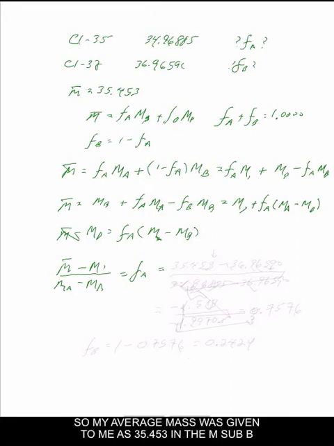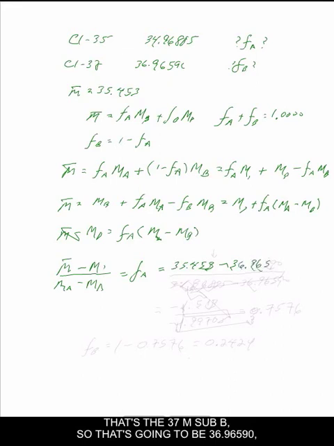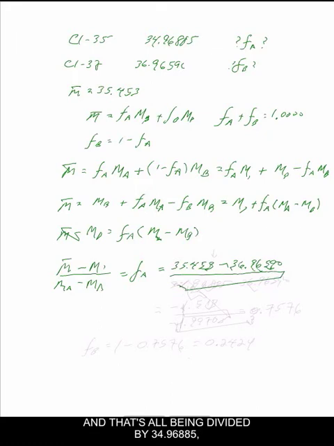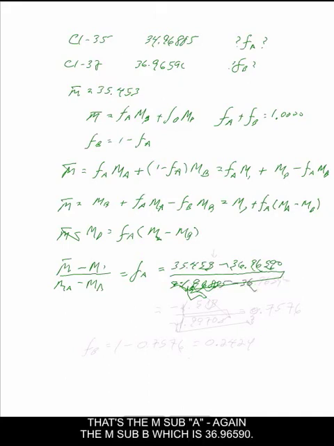So my average mass was given to me as 35.453, and the M sub B, I'm just arbitrarily calling the second isotope, that's the 37 M sub B, so that's going to be 36.96590, and that's all being divided by 34.96885, that's the M sub A, minus again the M sub B, which is 36.96590,